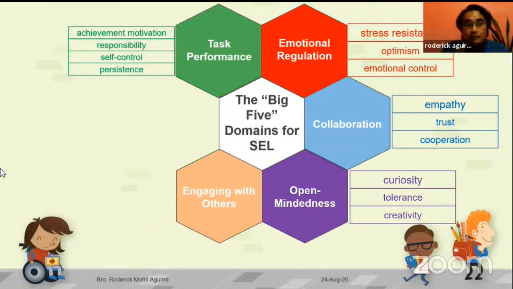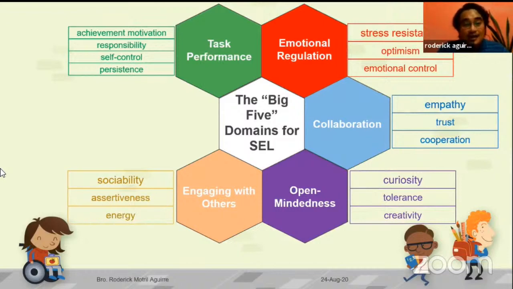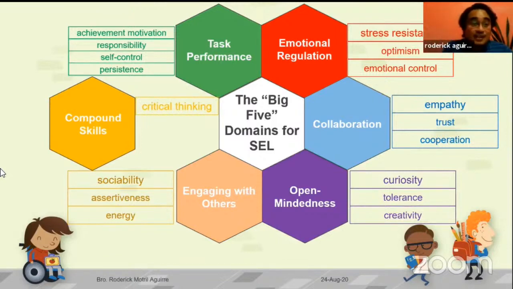Okay, so mga ganyan na they're able to engage, and then tinataas lang natin ng konti ang demand ng task na yon, and then it allows our students to face their fears. And these are the skills that will be developed among them. Sociability, assertiveness, definitely, because they're given a task, and then energy, the rigor. Okay, and once all of these are at play in the task that we provided for them, eventually they will develop critical thinking skills, or what we call the compound skills. Pag nagkaroon daw tayo ng performance task, na-develop natin emotional regulation, collaboration, open-mindedness, and engaging with others, kids develop gradually critical thinking skills, metacognition, and then self-efficacy.